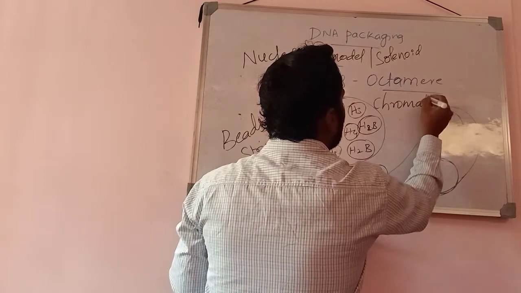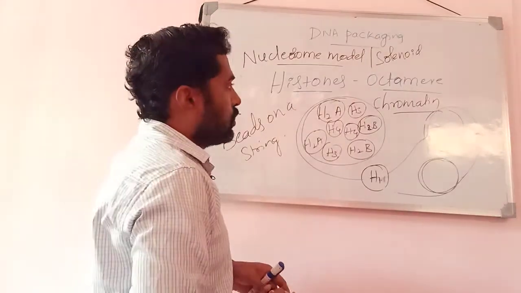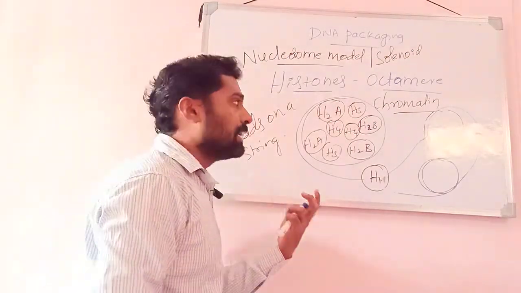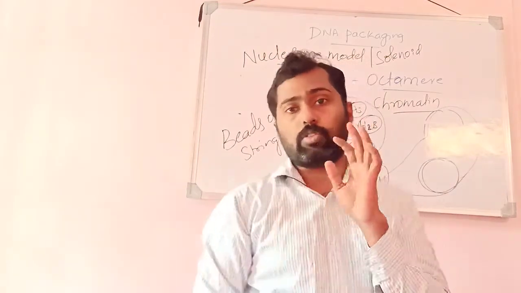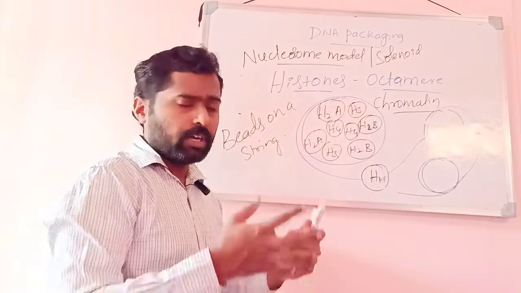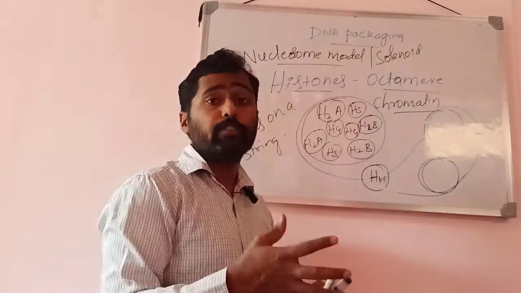ಇವಾಗ ಏನಂತೀವಿ ಇದನ್ನ chromatin anta kariteve. This structure is regarded as chromatin. This chromatin is further condensed, coiling and recoiling over the chromatin, which leads to the formation of a chromosome. The highly condensed form of chromatin is the chromosome. You can see chromatin in the prophase stage of cell division, or otherwise in prophase or interphase nuclei, especially in interphase nuclei.